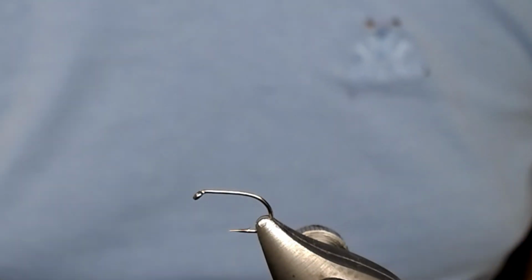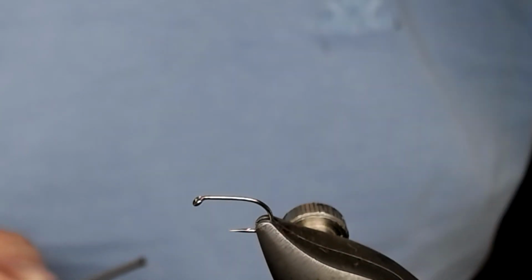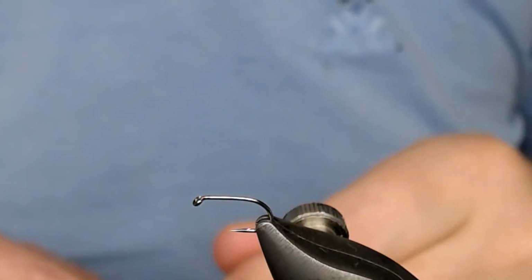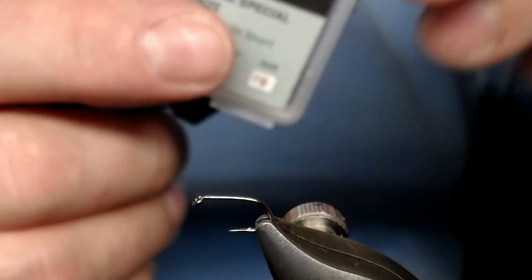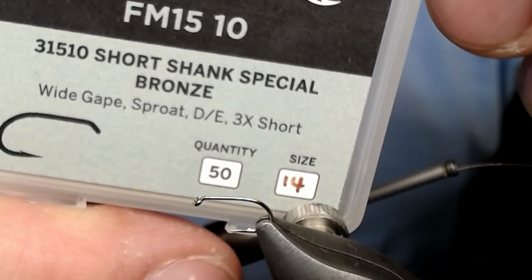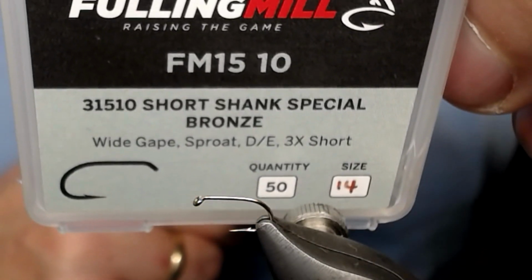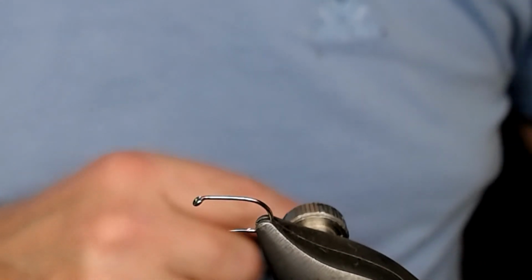Tonight, I want to tie a little midge pattern. This is a little Midge Hatcher, you might say. The hook in the vise is a full mill, short shank special bronze, size 14. I will also tie it in smaller sizes, but for the video it's best with the 14. Okay, I used for this fly,